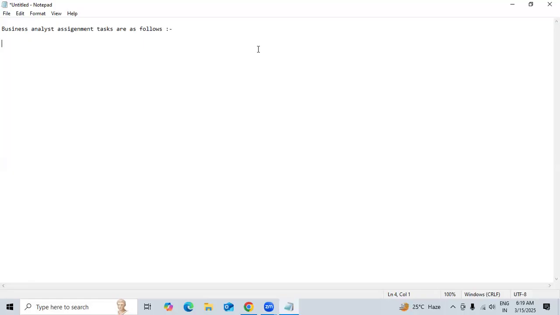So for that, there are some activities as a BA you need to know. There are some questions which you need to address first. How this can be documented, how this can be translated into user stories, that's a different thing. So the questions are as follows. I'm writing them down here. For the case study, again I'm repeating, Vijay, whatever case study that you have finalized, I want you to answer these questions. First,